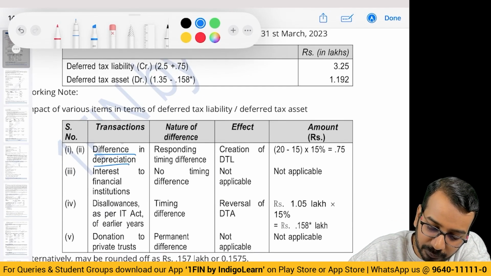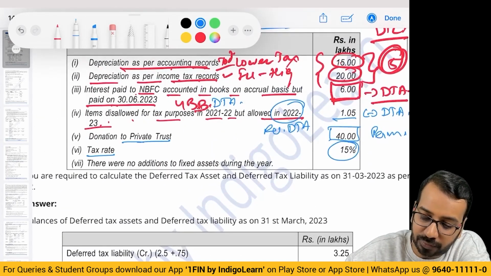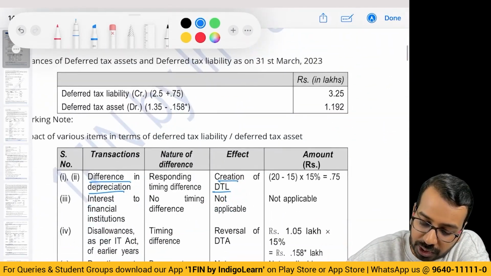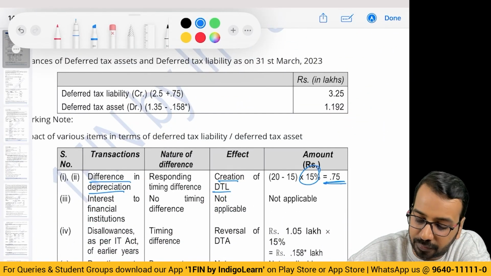Difference in depreciation, it will create a DTL. That is what we have seen here also. How much? 5 at 15%, 0.75. So 5 multiplied by 15%. Then